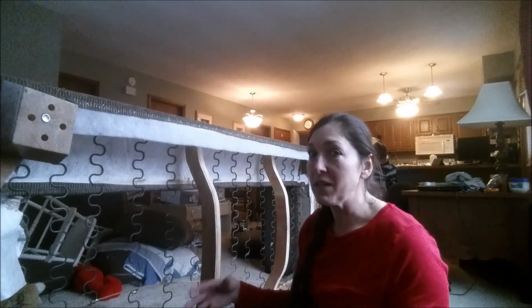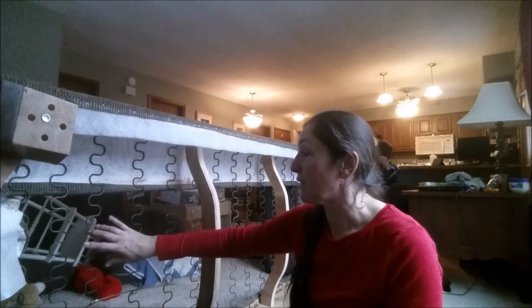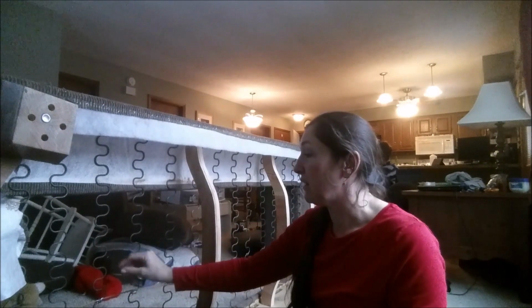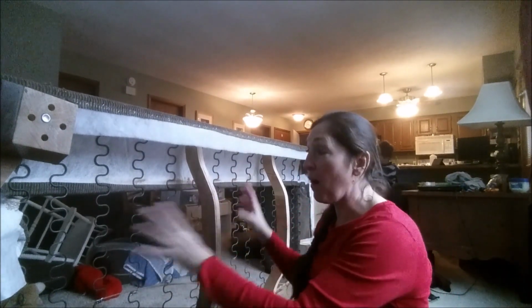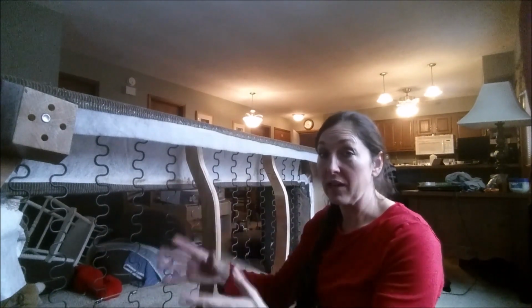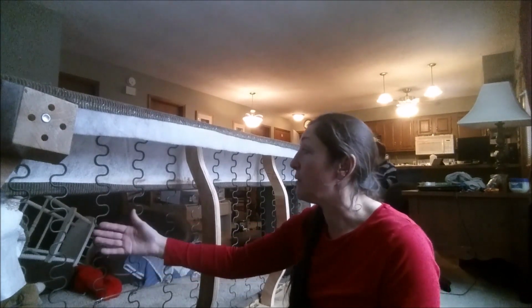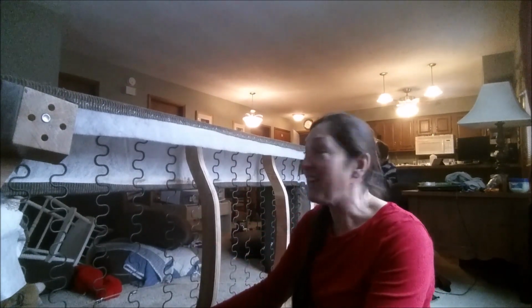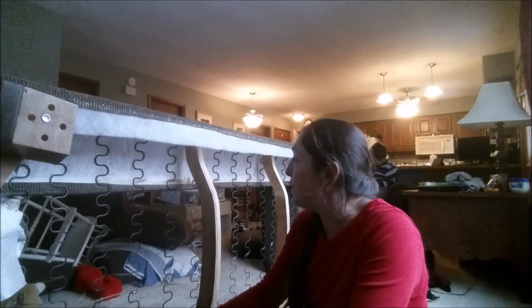So it wasn't going to matter how much polyfill was in my cushions as long as this one wasn't even attached. It had popped out of its bracket, and this twine with the wire in holds them all together so that they work as one instead of each one independently. This particular coil right here, my oldest son Jack tends to plop his entire body down, and he's 5'11", and he's probably 180 pounds. And a big guy like that,